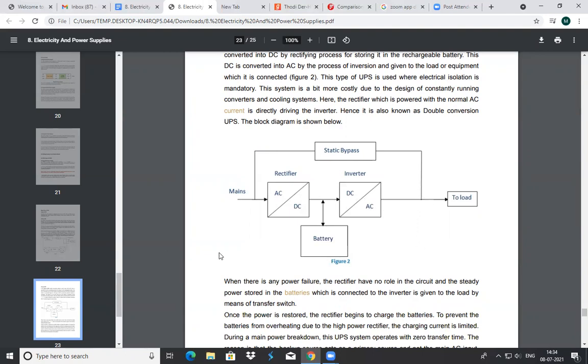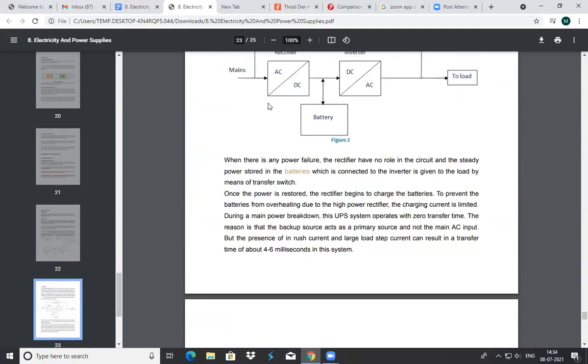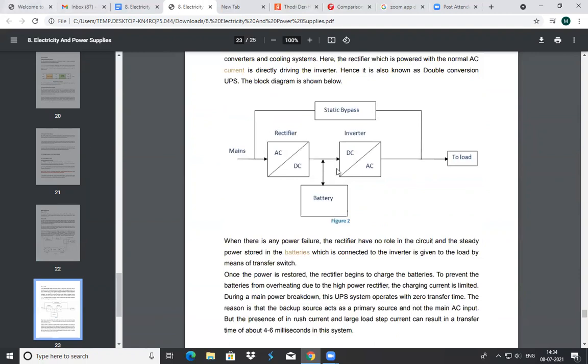Now what is the difference? What did you understand by this online and offline UPS? Offline works when there is a power failure, a main failure. But online works whether the main line is working or not working. So whenever we use online UPS, it will work all the time.